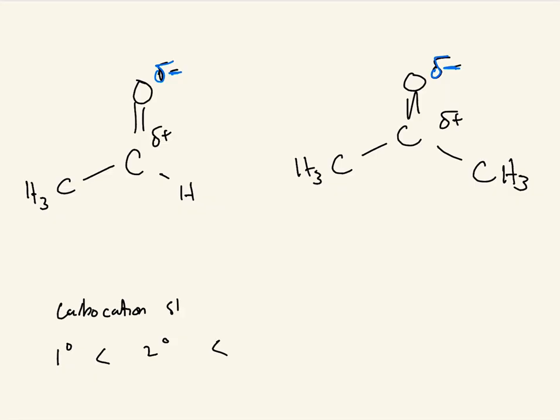Carbocation stability, which is then less stable than a 3rd degree carbocation, right? And so these aren't full charges like you have with a carbocation, but the same principles can be applied to look at the stability here, right? So this partial positive charge can be